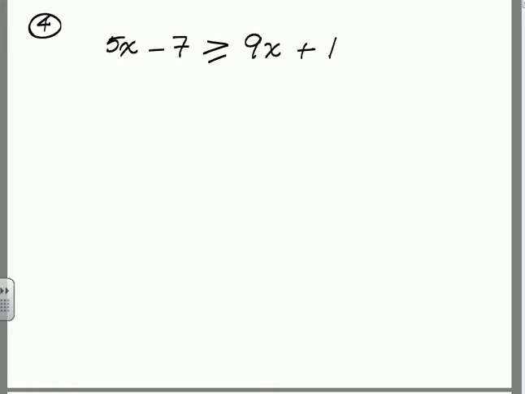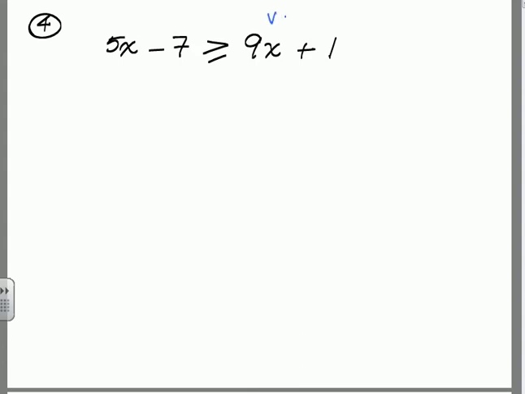Okay, in this example, let's just try something different here. We know how to solve this as if this were an equation. And remember, it doesn't matter which side we gather all the variables on and which side we gather all the numbers on, as long as they're on opposite sides. So just for a little change here, let's